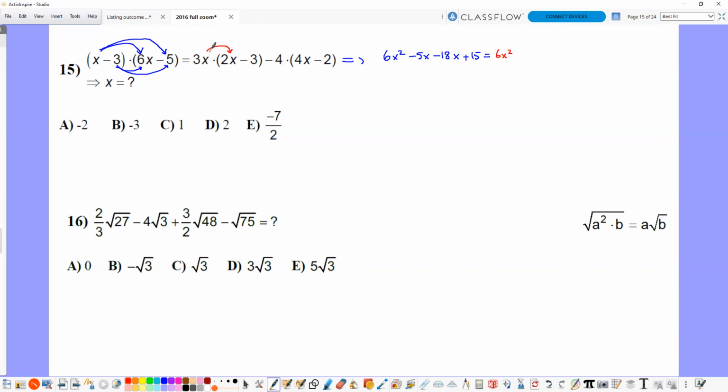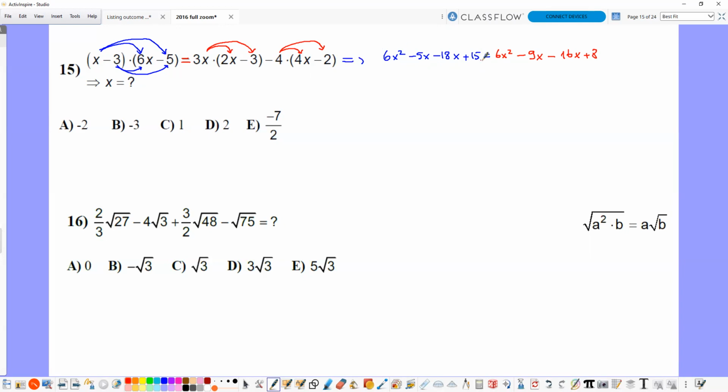And here, 3x times minus 3, that's equal to minus 9x. Here, minus 4 times minus 4x, it's equal to minus 16x. Minus 4 times minus 2, it's going to be equal to plus 8. As you see, with respect to this equation sign, I wrote the left side with red and the right